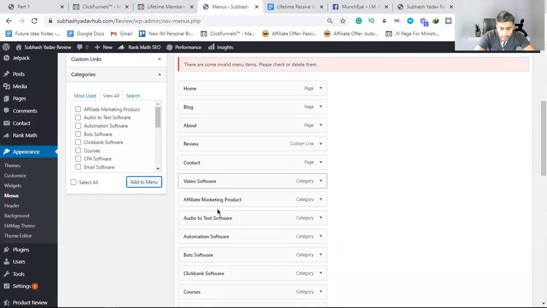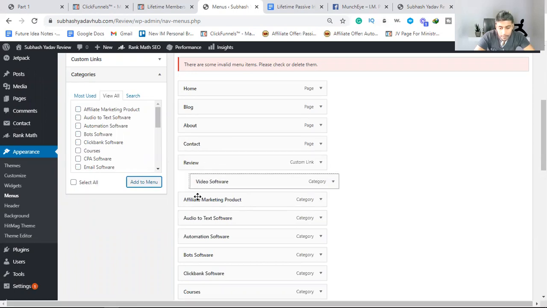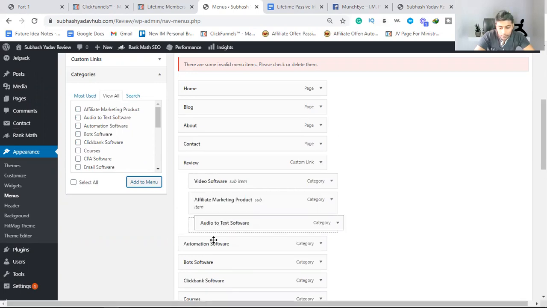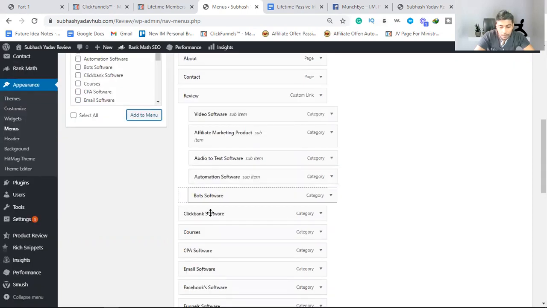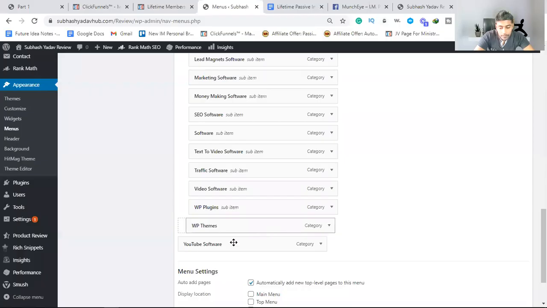Okay, and every software, every menu, you can put the sub menu, because it is your sub menu.